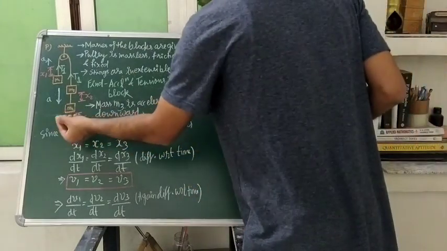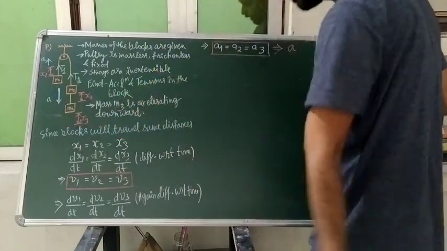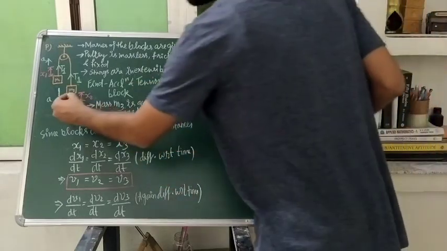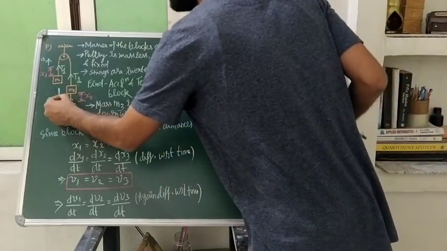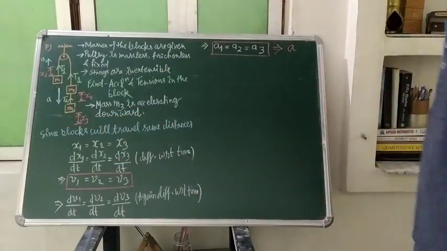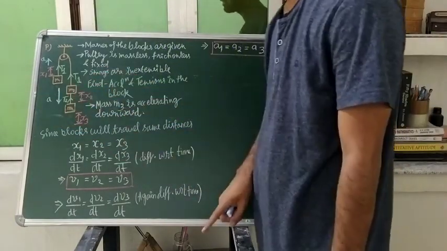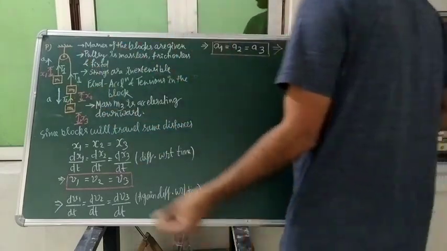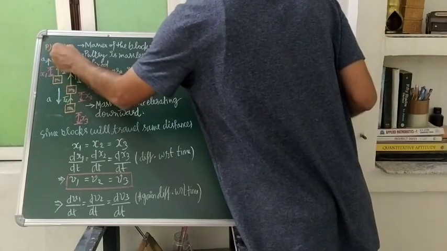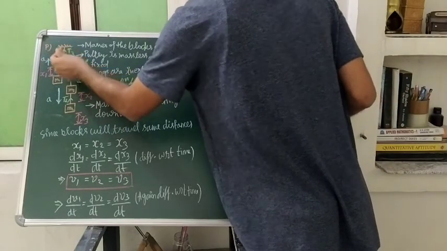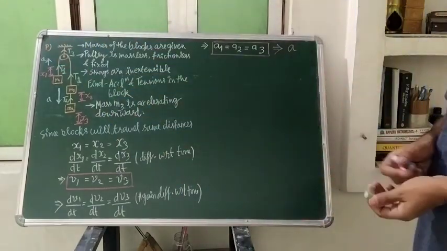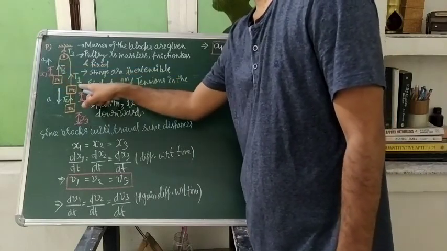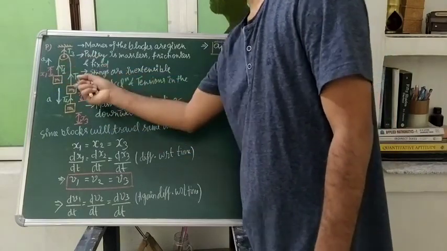And here, of course, the tension will be different because we are looking at another string. We are talking about the other string. So here, suppose that tension T2 is acting. Okay, now the string has been changed, so that tension will get changed. So T2 is acting in this direction. And of course, we can say here a tension T3 is acting since it is some other string. Only here tension T1 will be equal to this T1 since we are talking about the same string.